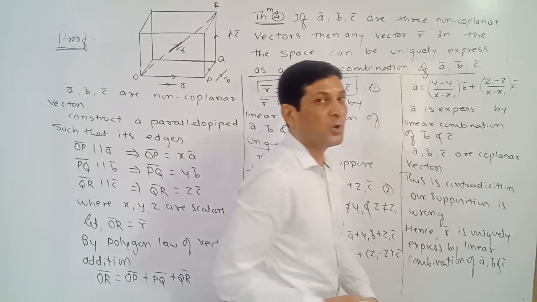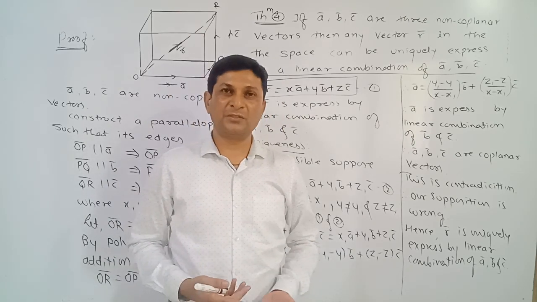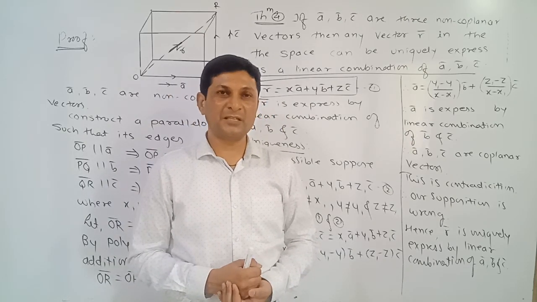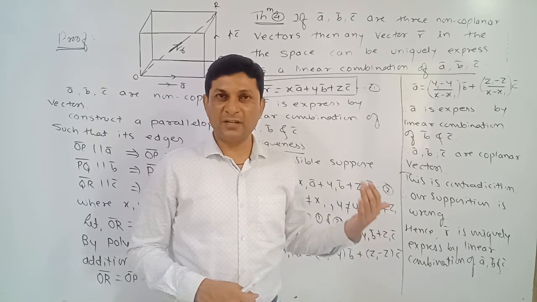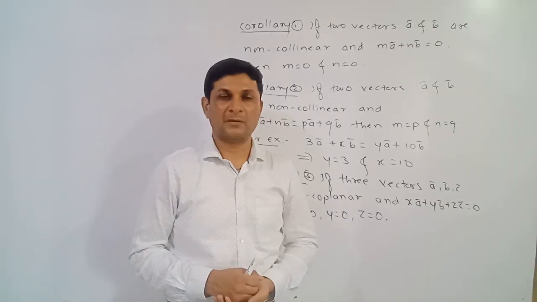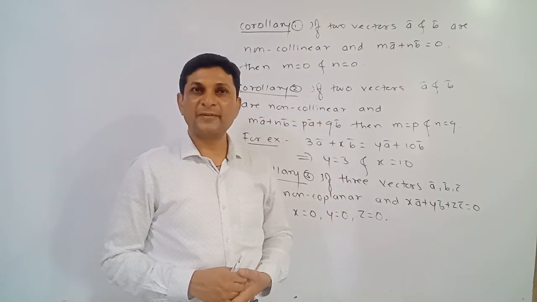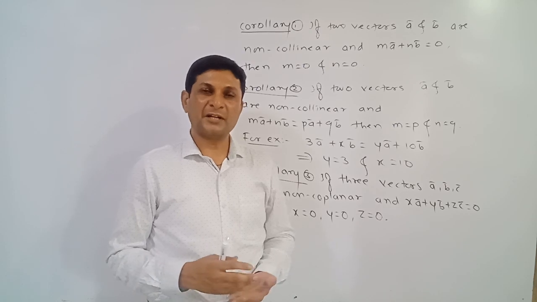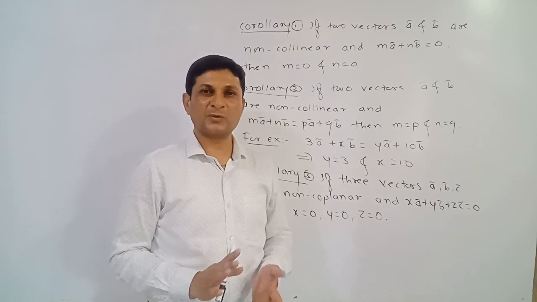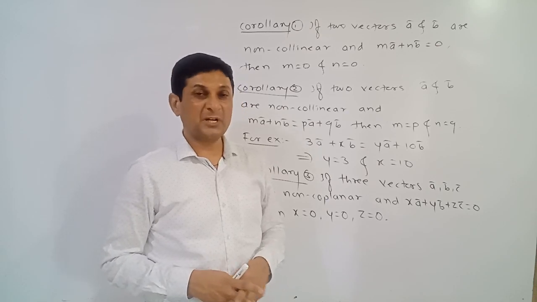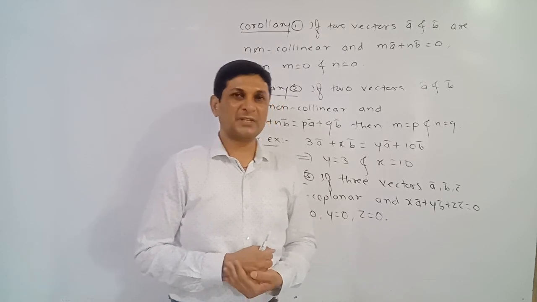In this way we have proved all four theorems of linear combination. Many times these theorems have been asked in the examination. Now we will discuss some important corollaries which you get from these theorems. These are some important corollaries given in linear combination. Its proof is not given, and since proof is not in our syllabus, we will not waste our time proving it. But just try to understand, because sometimes we have to apply these corollaries while solving examples.